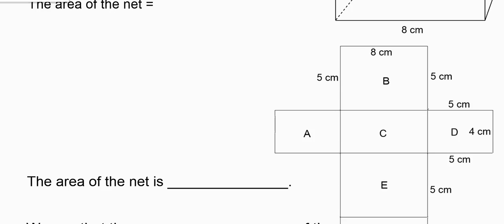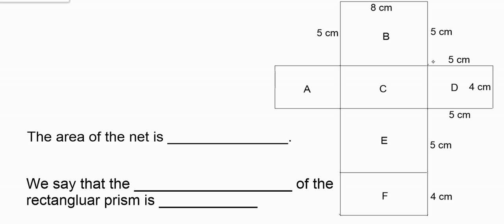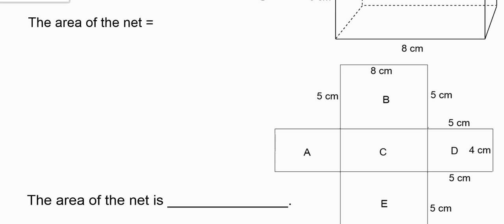So when I look at this shape, if I wanted to know the area of it, I could add the area of each of these different rectangles, and that would tell me the area of the overall shape. So the area of the net is,